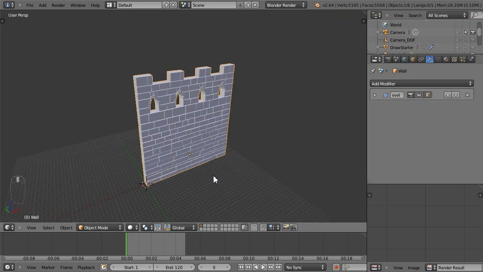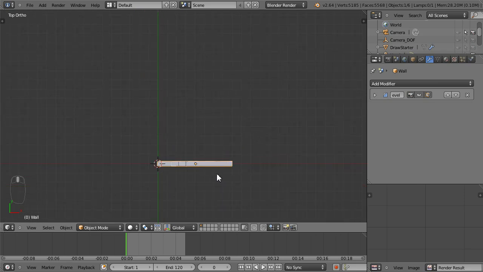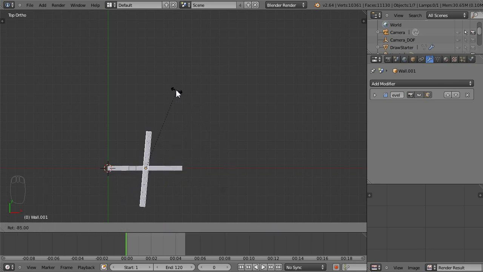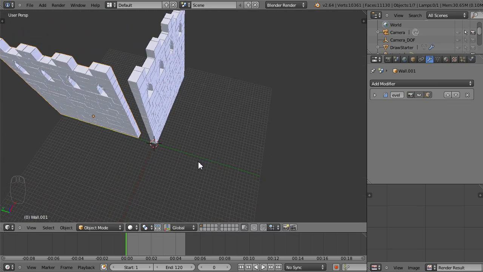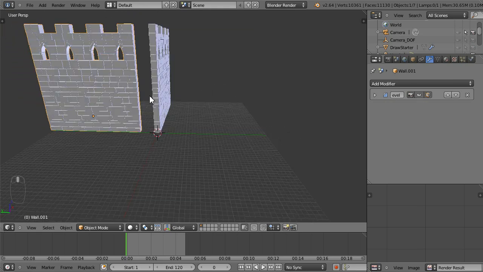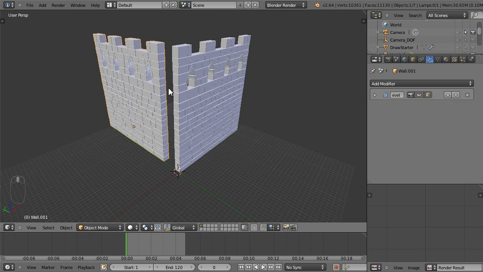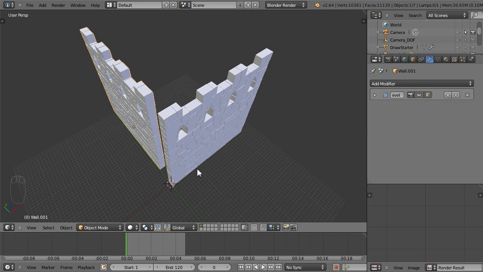Okay, so now I'm going into top view, and I'm going to duplicate this, escape, rotate, control to constrain it, grab it, and put it about right there. And you'll see what I'm doing. I'm not quite connecting them because I'm going to be creating towers which will connect in between. I'm going to show you how to do that in just a second, but I'm going to make my basic